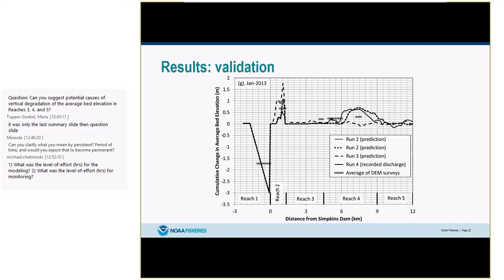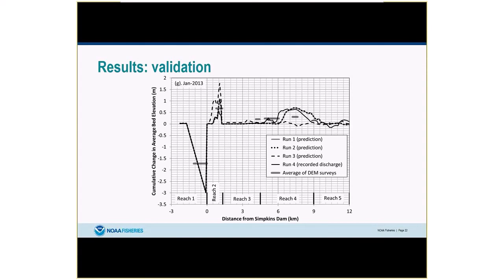Good. Another question, Ken. What was the level of effort in terms of hours for the modeling? And same question for the monitoring. I can't really answer the first one just because I wasn't a modeler, so that's something Yantel would have to answer. For the monitoring, oh geez, in terms of hours, I guess that depends if you're talking just field hours versus